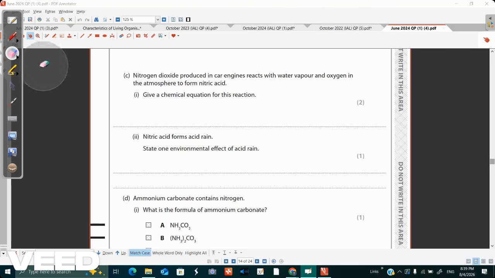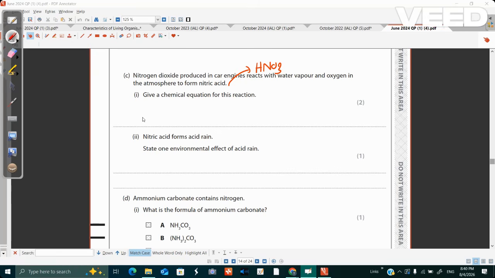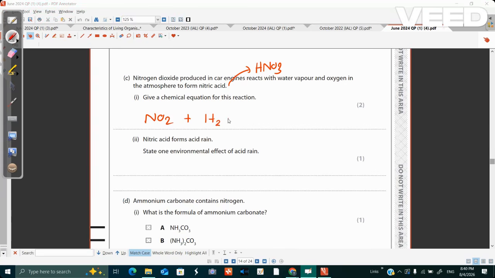Nitrogen dioxide produced in car engines reacts with water vapor and oxygen in the atmosphere to form nitric acid. Nitric means HNO3 acid. Give a chemical equation for this reaction. So you have to write the chemical equation. The reactants are also given. Nitrogen dioxide, water vapor. Water vapor means H2O gas, right? Nitric acid,